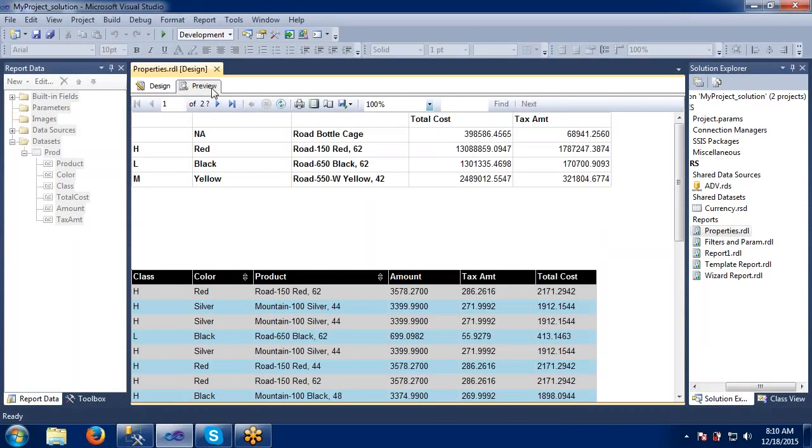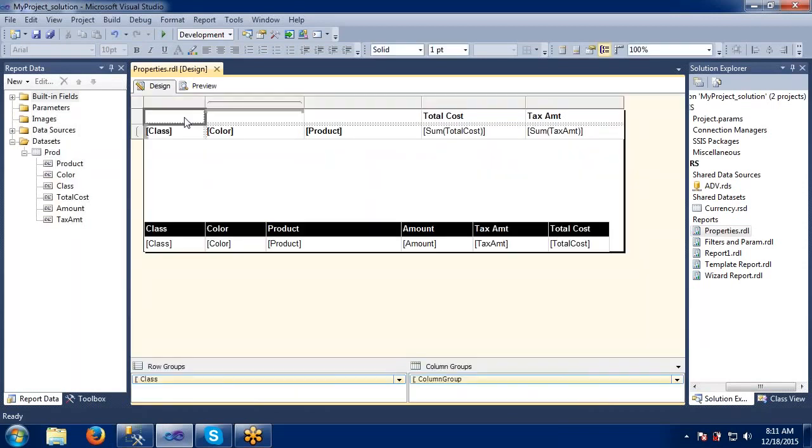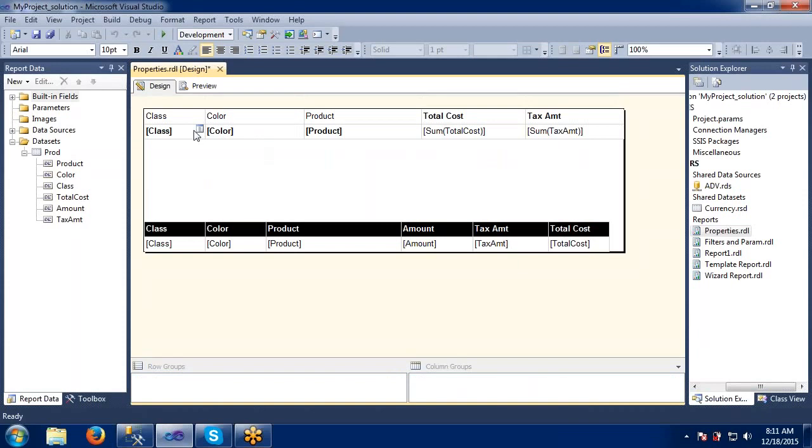Okay, so this is the matrix report we are displaying here. So let me take this one, and I have class, color and product also. I think it's not displaying the column names here.